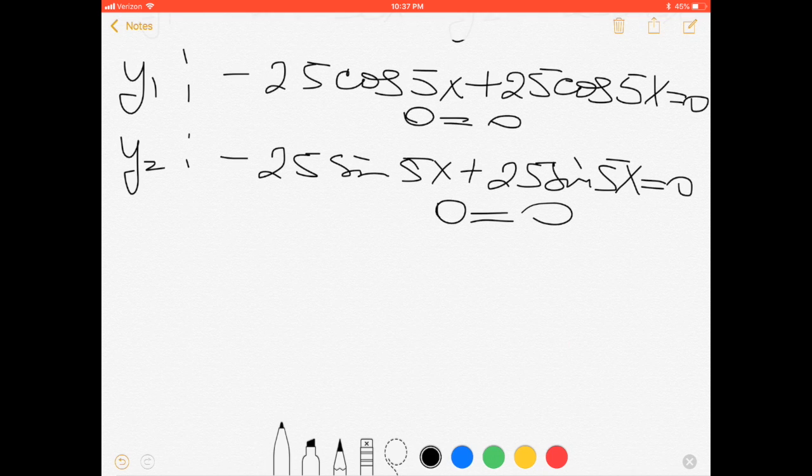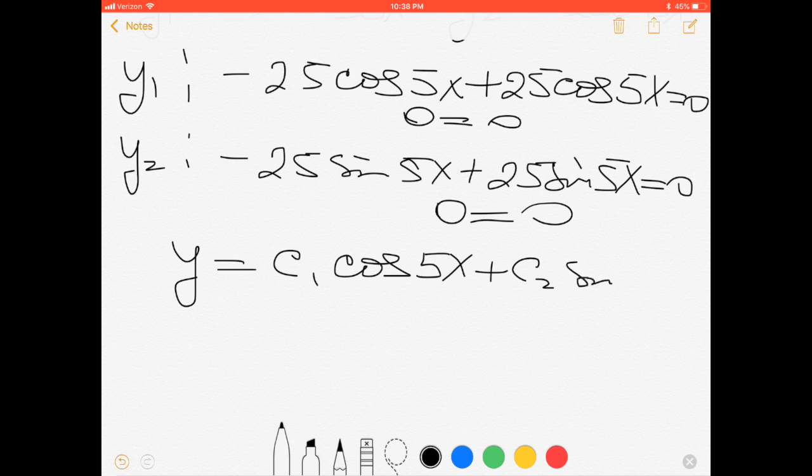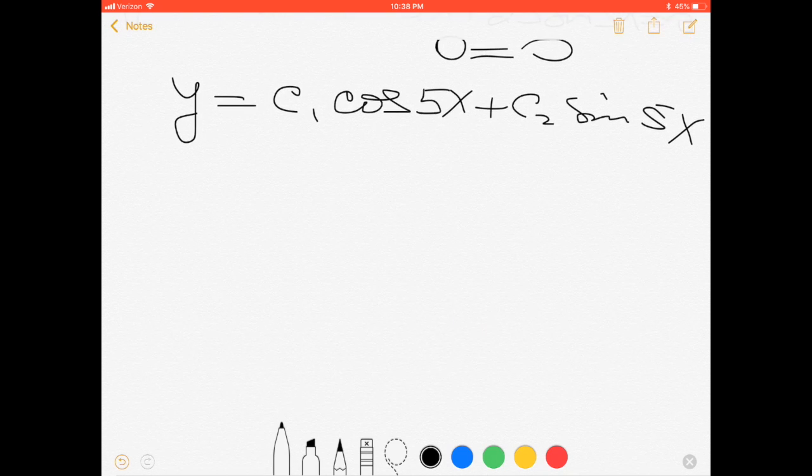Yes. This means the general solution here is y equals c1 cosine 5x plus c2 sine 5x. Why do I say this is the general solution? Because cosine 5x and sine 5x are two independent functions. You can check, for example, because the Wronskian will be